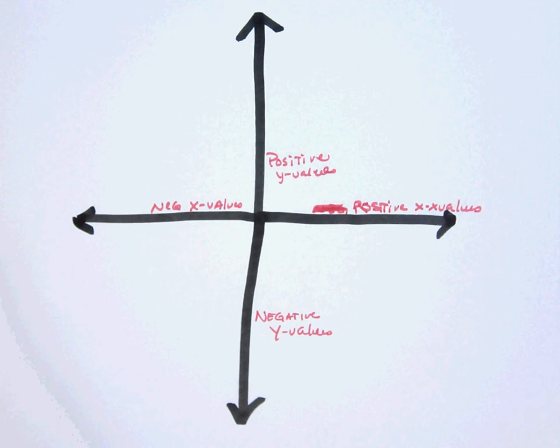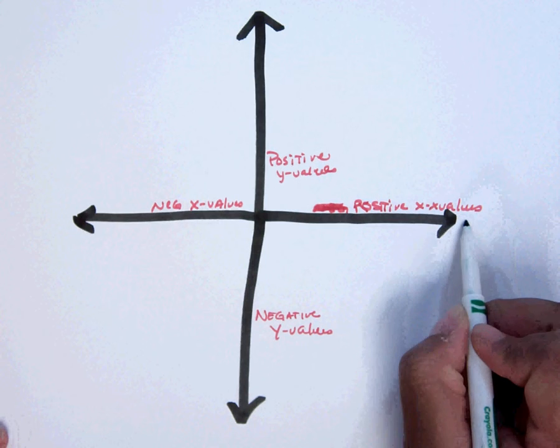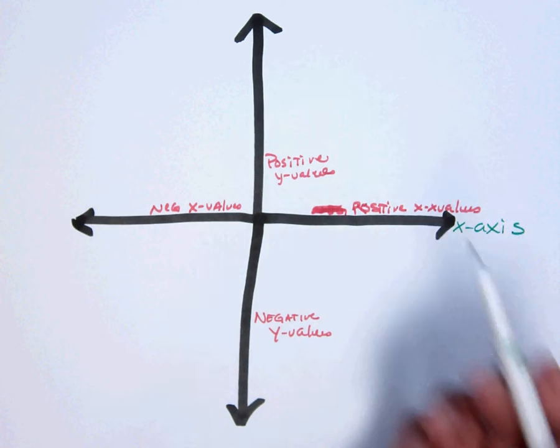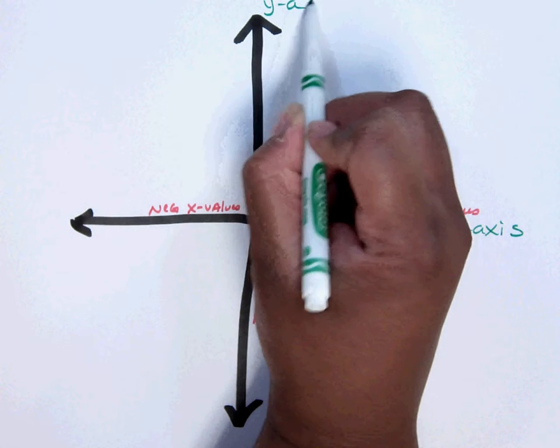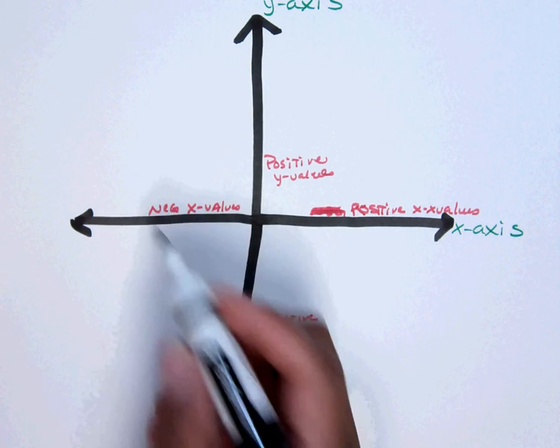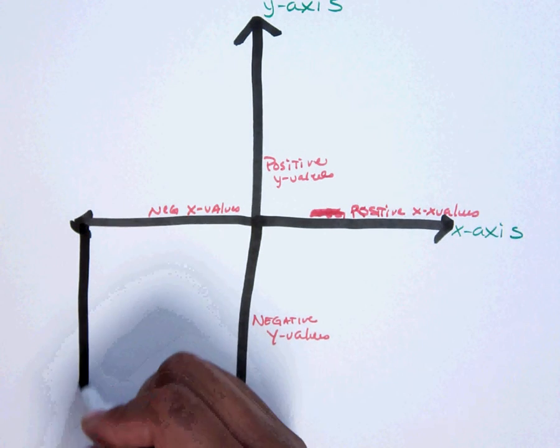Okay, then we also know that this represents the x-axis. This represents the y-axis. Okay, so now that you have that, there were 4 pieces of graph paper uploaded, so